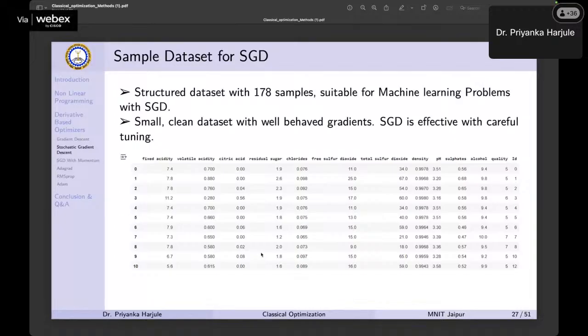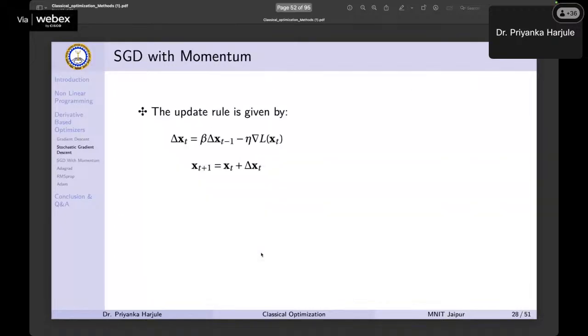This is what I meant when I said that SGD will not work very well when the topology of the loss surface is very bumpy or ravine-like. In that case we require momentum,